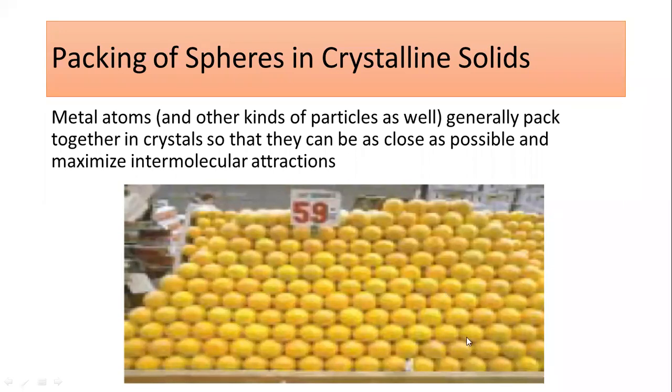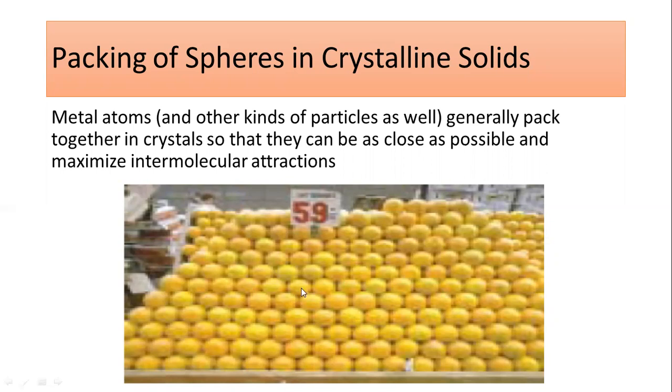If you have a look at these spheres or the oranges or the balls, this is the one layer, and the second layer of these balls or the oranges is placed over the space between the two balls of the first layer. And in a similar way, this packing is going to happen,